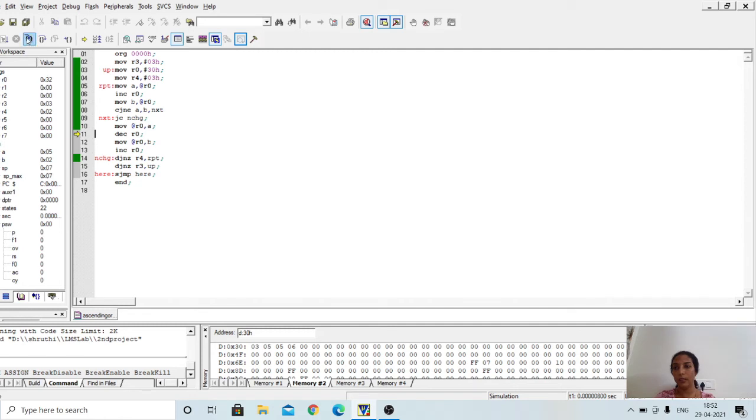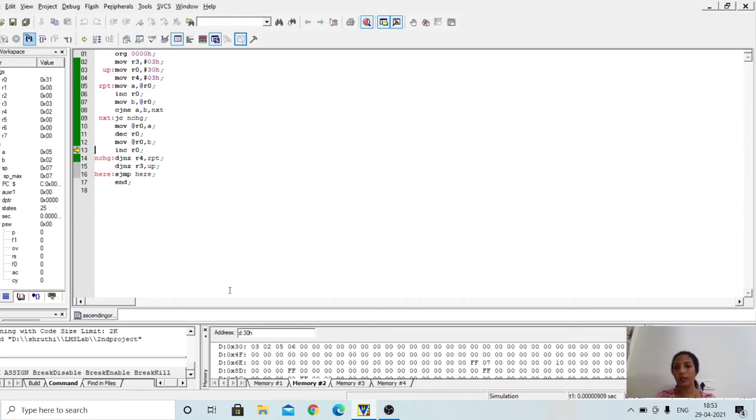So you have to first decrement it to make it point to the 31H location. So R0 is decremented, and then the B register's content is moved to that location, the 31H location. See, so you have swapped these two data items.